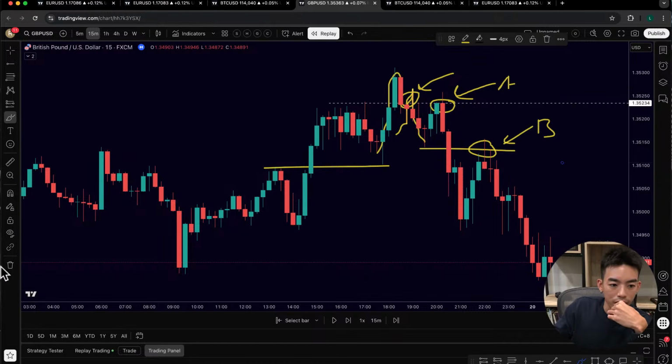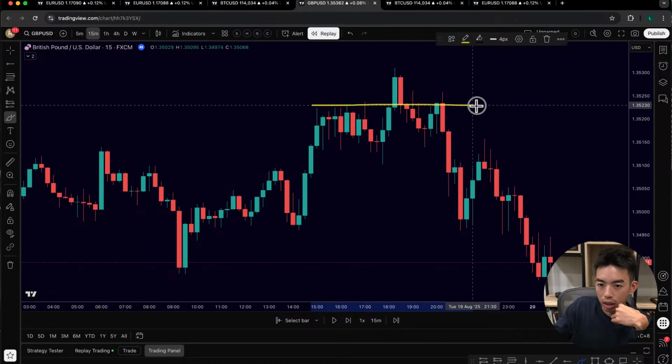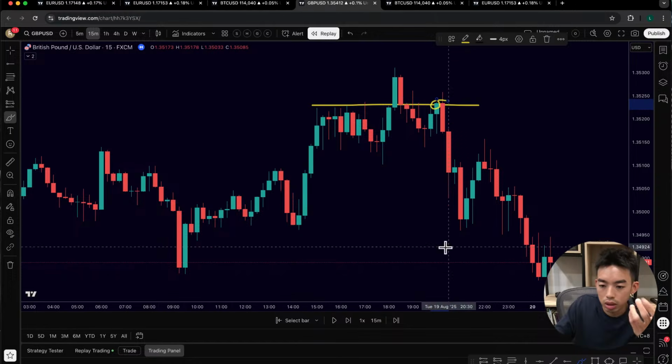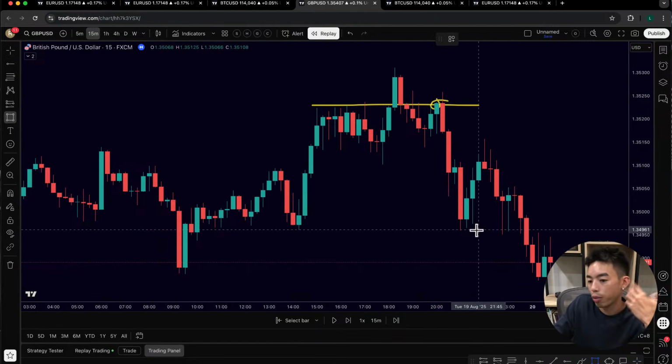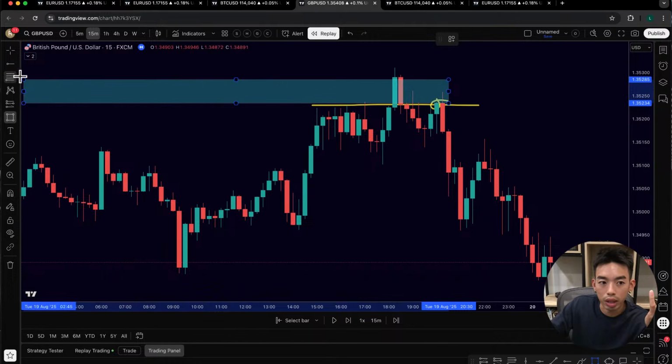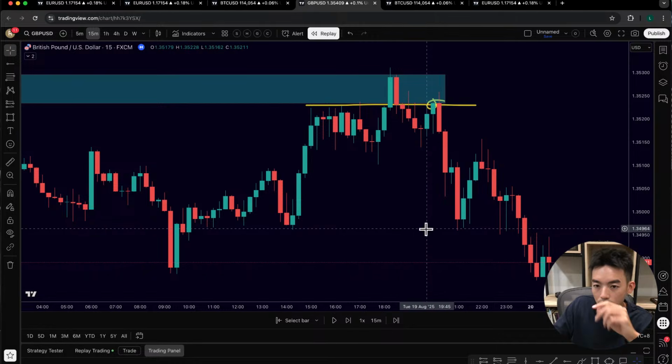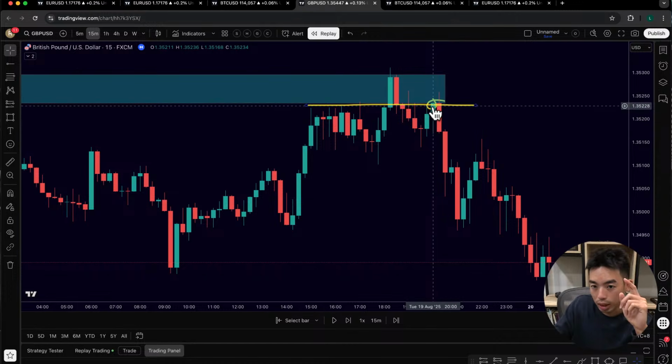So here's the thing. All of you are saying the right things. If we sell right there, it's going to be a little bit unsafe, because we are still trying to turn an uptrend. Doesn't matter what time frame we're doing it on, we're trying to turn an uptrend. However, we have higher time frame context here. We know this is not just a random spot in the market where we're trying to reverse the market. We know this area belongs to the higher time frame, and we have support from that higher time frame. The other thing to take note of is when we see price coming up like this, we do not need to sell immediately. We can see what happens next.